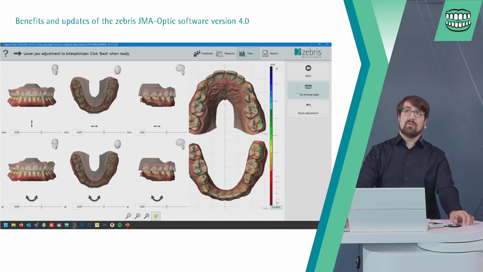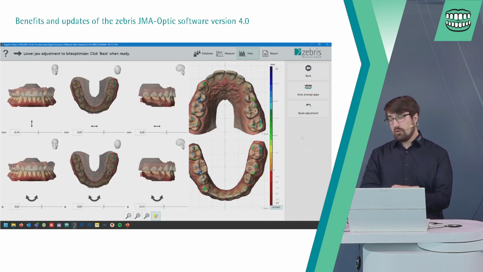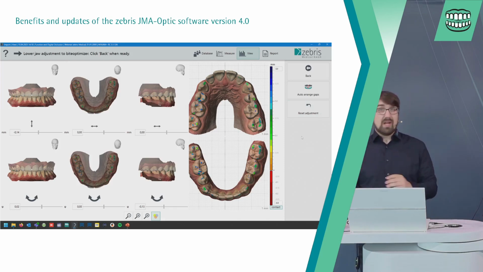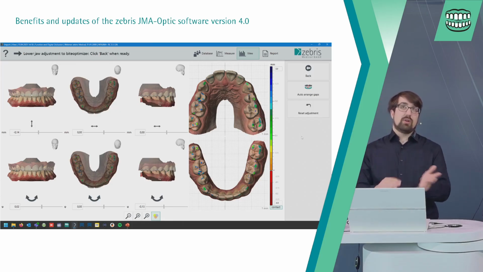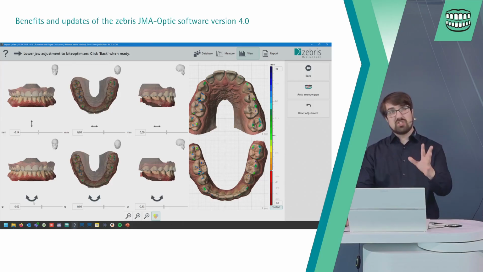And when we click here on Auto Arrange Gaps, the system will calculate a new position of the lower jaw based on the possibilities that we can move the lower jaw in every direction. So we move it a bit down, change the angle a bit to the side, and also on this side.